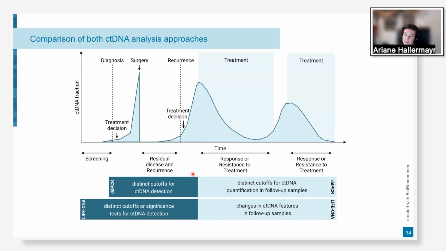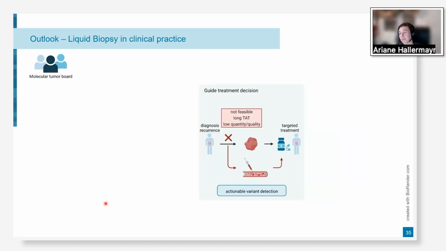Live CNA might have some issues with residual disease detection, but live CNA, as it is an untargeted approach, might even be applicable for the early detection of cancer. But how could liquid biopsy be implemented in clinical practice? So far, probably the one point where it is already used and already arrived in clinical practice is the guidance of treatment decisions. And here, usually you have the diagnosis of a disease recurrence or also the early diagnosis